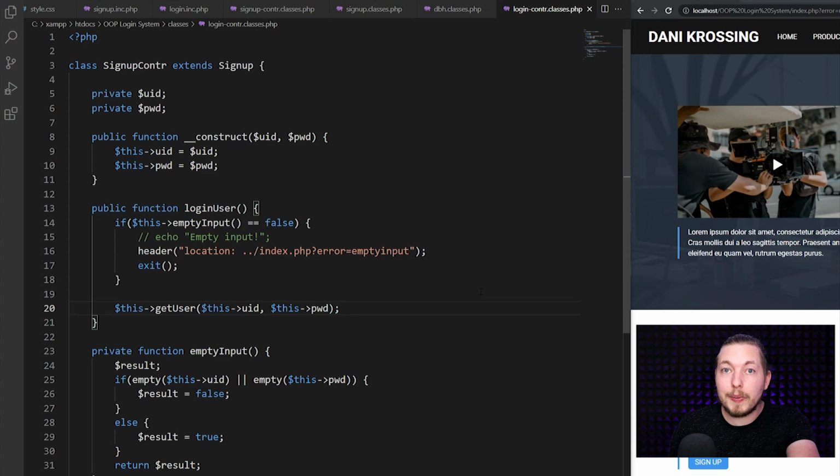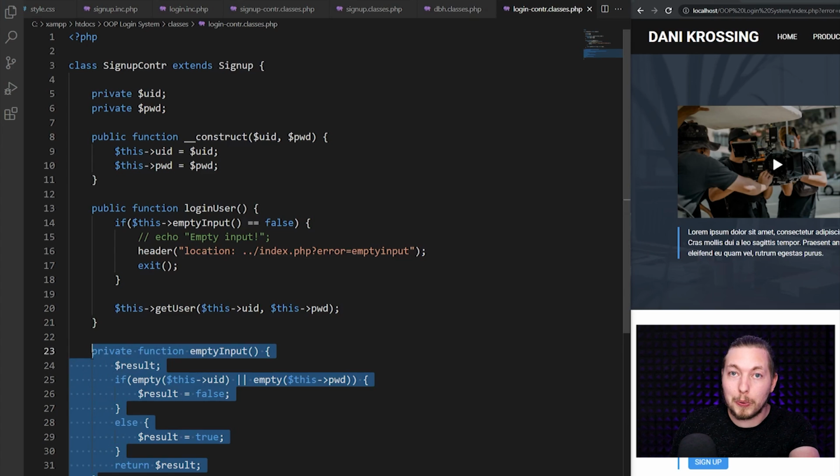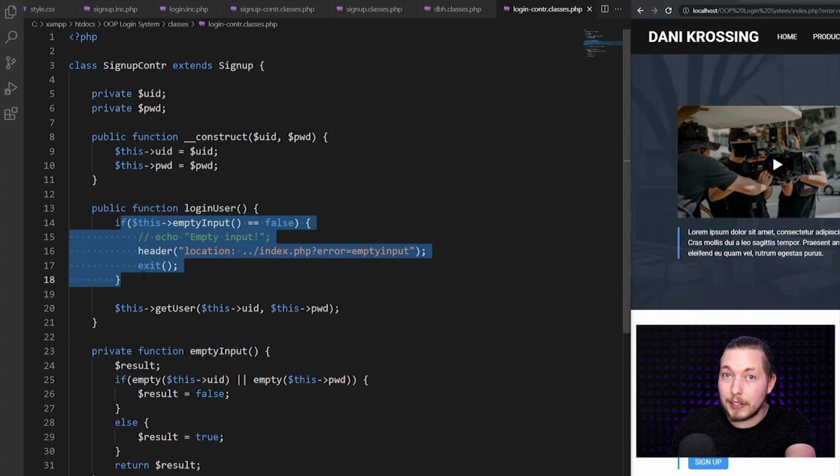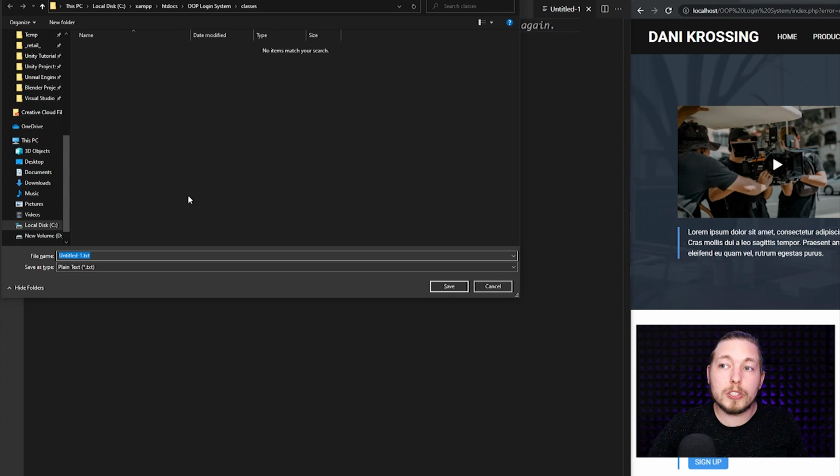And of course, if you have any other error handlers that you want to check for, you can just copy paste this one and include it inside the if statement, and then include them inside the login user method. But just for this tutorial, this is everything we're going to have. So with that, we're going to create a new file, and I'm going to save this file inside my classes folder, and I'm going to save it as